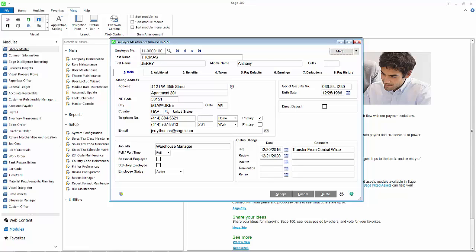On the main dialog, the employee's first name and last name now allows entry of 40 characters. The middle name and suffix fields are new. You can enter 25 characters for the middle name and 4 characters for the suffix. A delete button has been added, but you cannot delete an employee if there is existing earnings, deductions, or tax